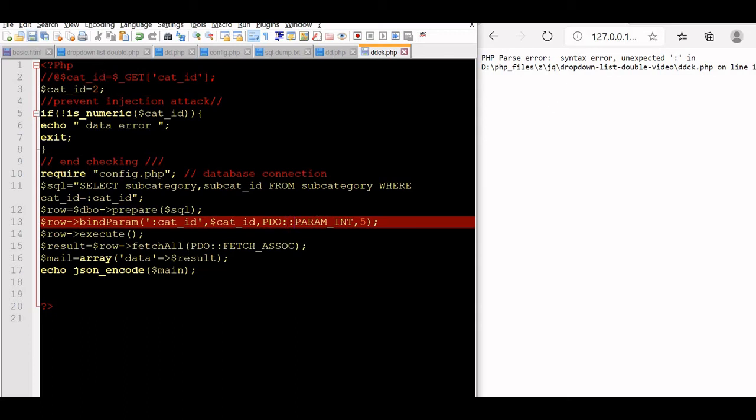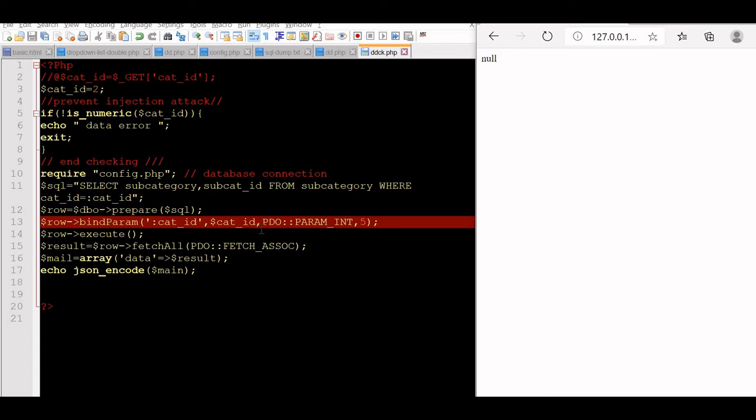Let me save it, refresh it. Select subcategory, subcat id from subcategory, where cat id is equal to :cat id. Fine. Now SQL executed, cat id param int 5.